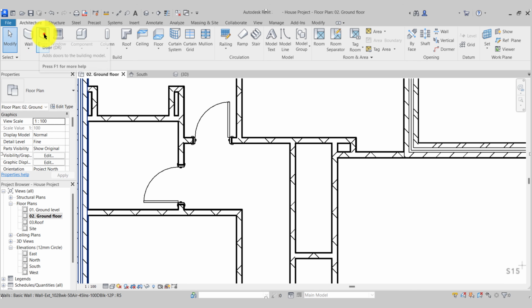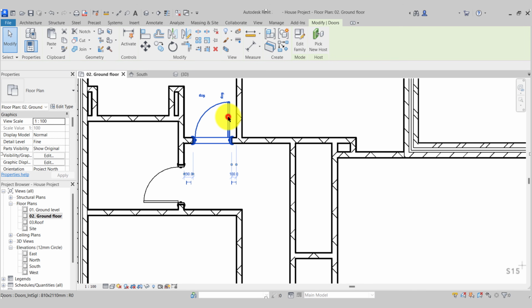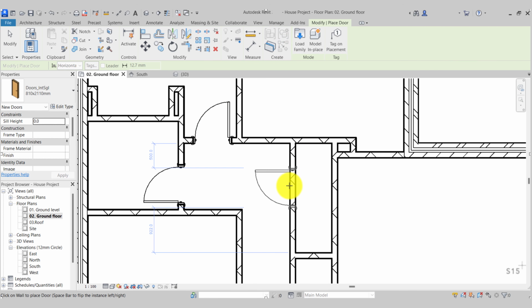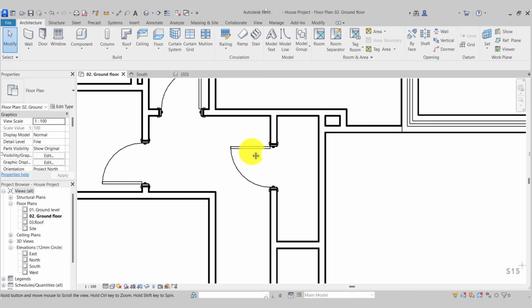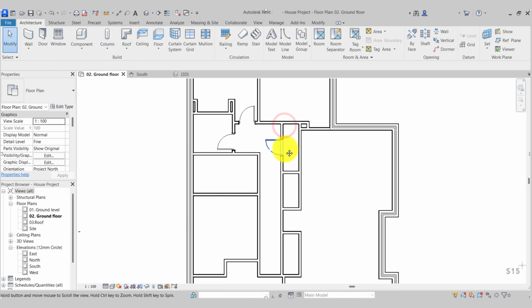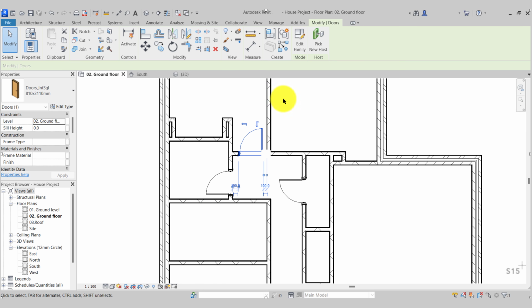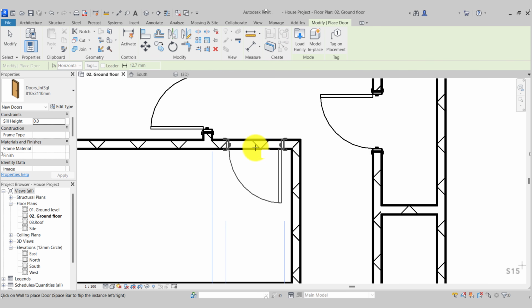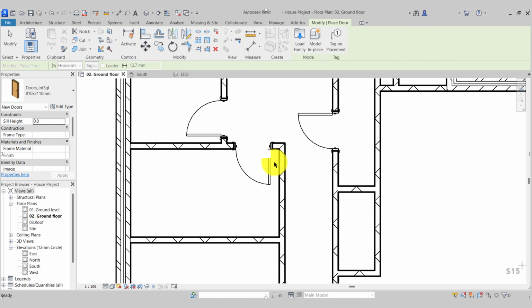So we can either go back to our door tool, or we can select a door that's already placed and go to create similar, and we can use that to essentially just create the same door type. For this door, we'll place it and it'll be about 700 mil from the adjoining wall. And again, I'll select this door, create similar, flip it to the opposite side, place it, just make sure that